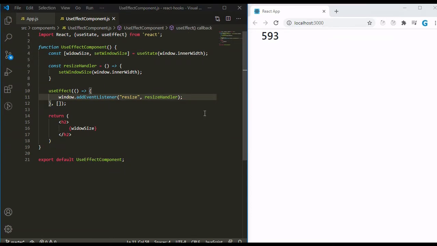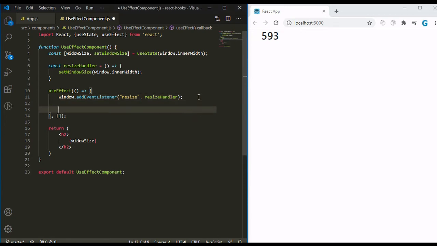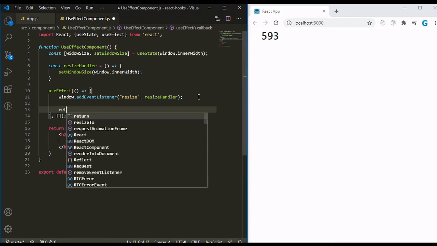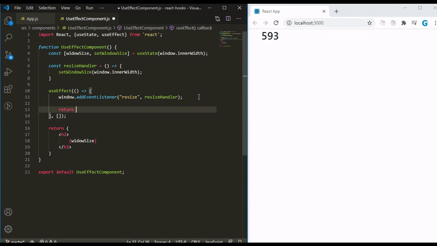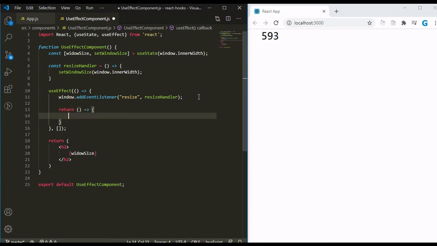To achieve the same thing, it's very easy inside the useEffect. For that you just have to return a function. As a function, just give an arrow function. Inside this we can remove this listener.